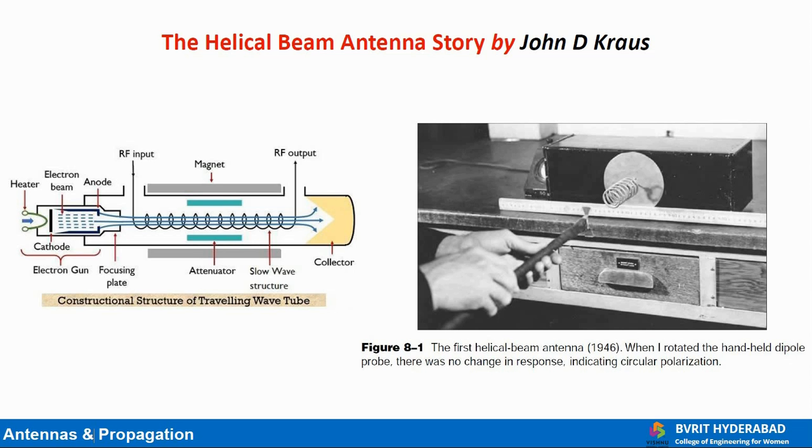In 1946, a few months after joining the faculty at Ohio State University, John D. Cross, the author of the prescribed textbook, attended an afternoon lecture on traveling wave tubes by a famous scientist who was visiting that campus. In these tubes, an electron beam is fired down the inside of a long wire helix for amplification of waves traveling along the helix. The helix is only a small fraction of a wavelength in diameter and acts as a guiding structure.